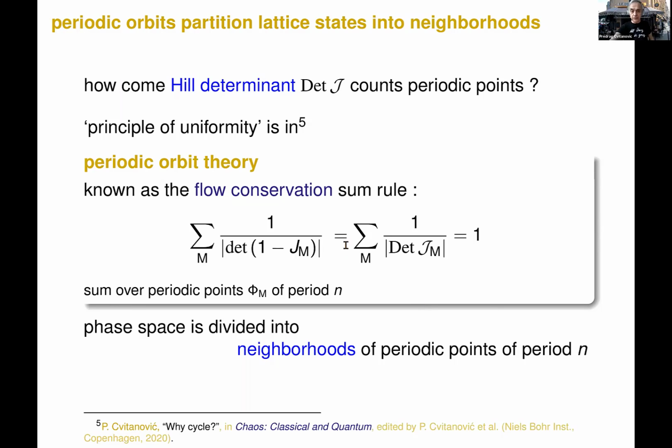Now, in more modern periodic orbit theory, which you can find for free on the internet by looking at chaosbook.org, there's something called the conservation sum rule, which is the same thing. It says that if you take orbits of certain length, so all configurations of length n, their weights should add up to 1. It's basically probability conservation for the dynamical system. So it says periodic orbits divide neighborhoods in a precise way. And Hill and Poincaré say that this forward in time weight can be given by global stability.